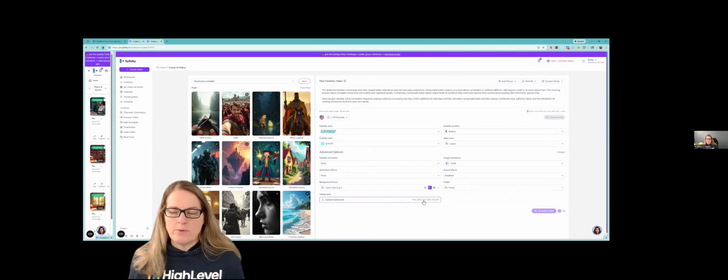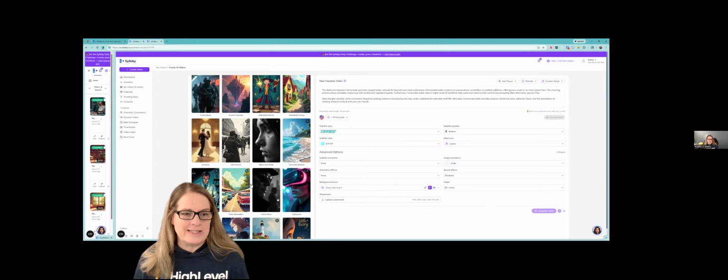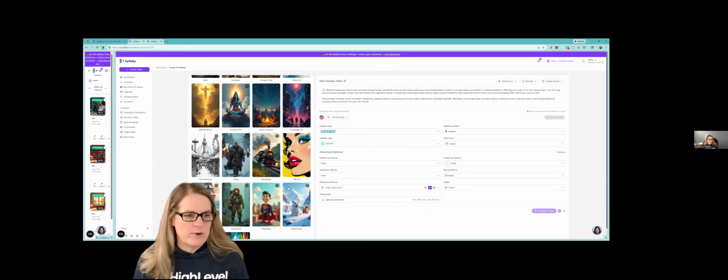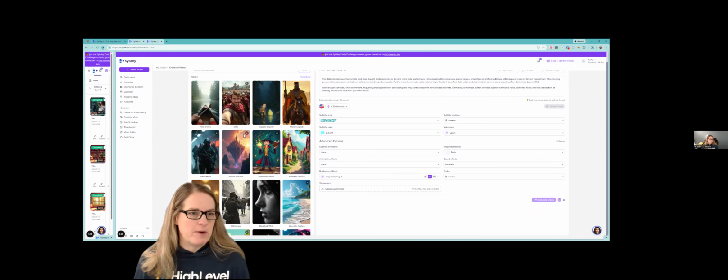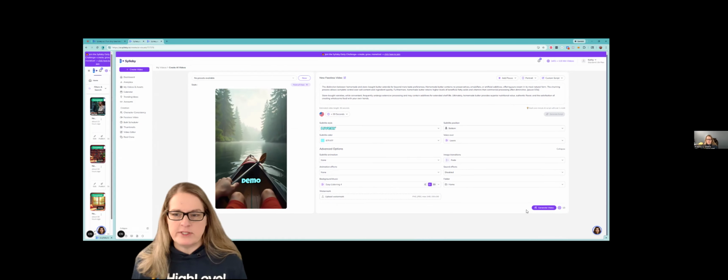Then they upload the watermark. So if you have your brand logo, you can put your brand logo on there. And then you come over here, and this is the fun part. So this is where you're going to pick the style of your video, right? So we're doing a cooking one. Since we're doing a cooking one, I may just do a point of view, right? We'll just see what comes up.